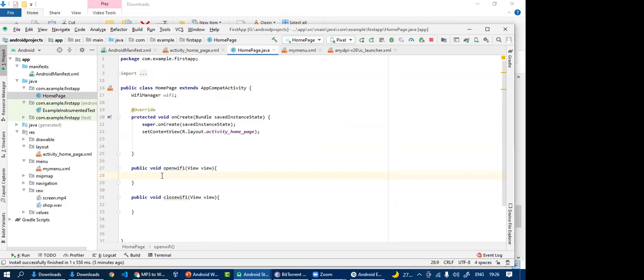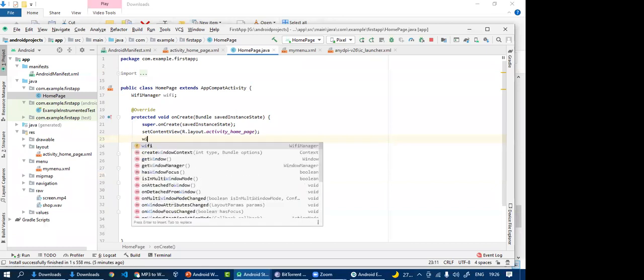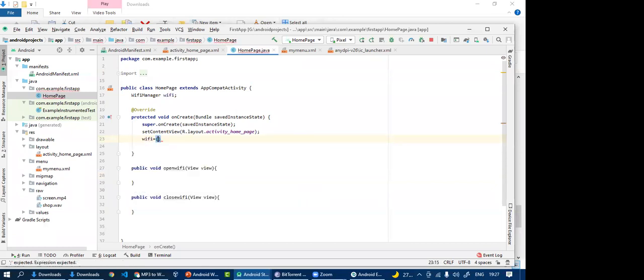And for that, I need to first initialize the WifiManager. wifi is equal to WifiManager,